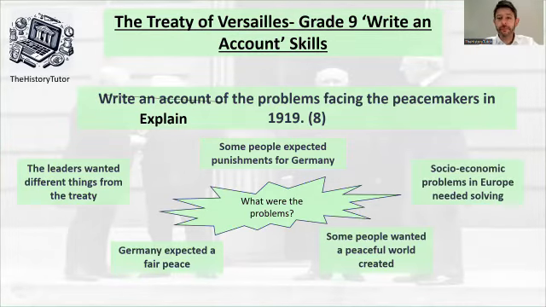And there were socioeconomic problems in Europe that needed solving. There's the Spanish flu. There's obviously a lack of trade going on at the time. There are the blockades of all the different countries because of the war. Germany was very heavily blockaded by the British blockade, and lacked medicine and food. Britain had been blockaded by the U-boats as well, so they were lacking food to some extent too. So there were all sorts of problems around Europe at the time.